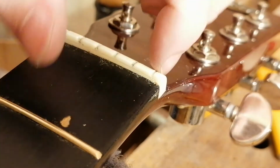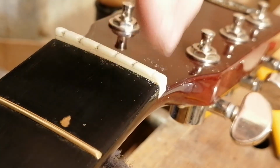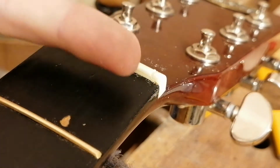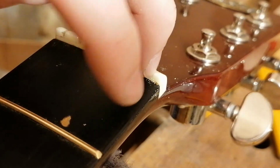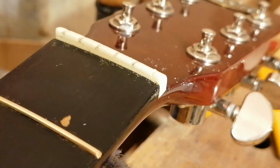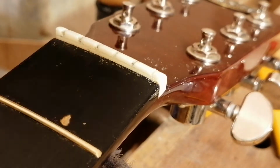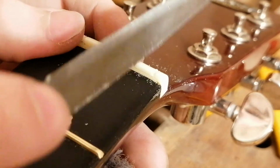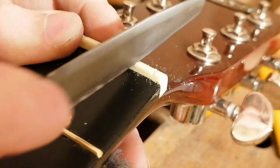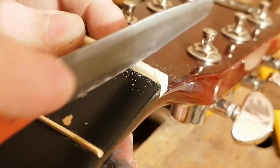That's probably enough so that when the string goes in and you're tuning up, it will bite into it, and you want to give a little bit of extra breathing space so you're not taking it to the line and then having a bite in and immediately have a fret out on the first fret, which is always a pain. Especially with plastic. With bone you don't get it so much, at least not straight away, but with this one I wouldn't want to risk it because, like I say, it's